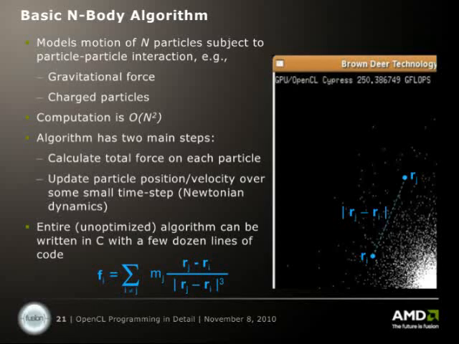The nice thing about this algorithm is that it's computationally order n squared. What that means is if you double the number of particles in your simulation, you increase the computational load by a factor of 4. So this is useful because a lot of these coprocessors